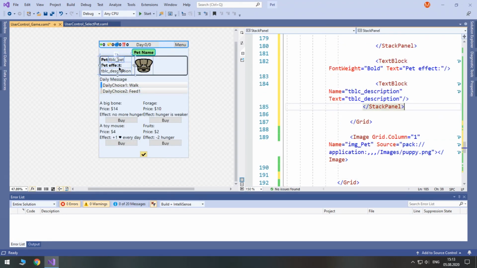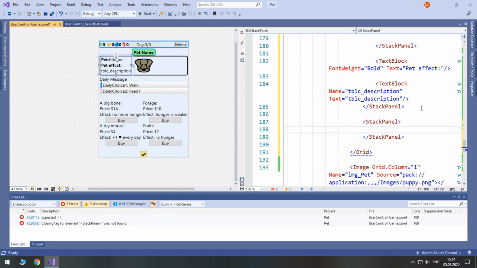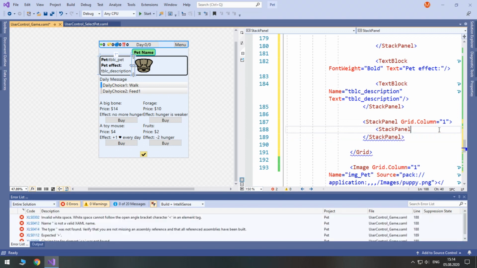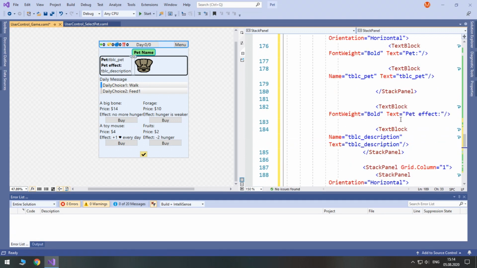So we are done with this stack panel, but we still have this small column, and we will use it actually. So we will create another stack panel and put it in grid column 1. Inside of it, we will put a stack panel with horizontal orientation, and inside we will again put 2 text blocks.